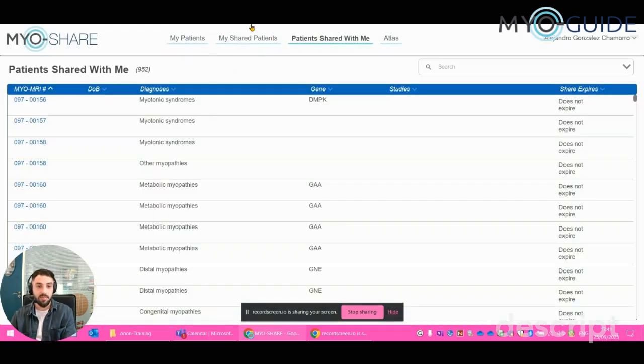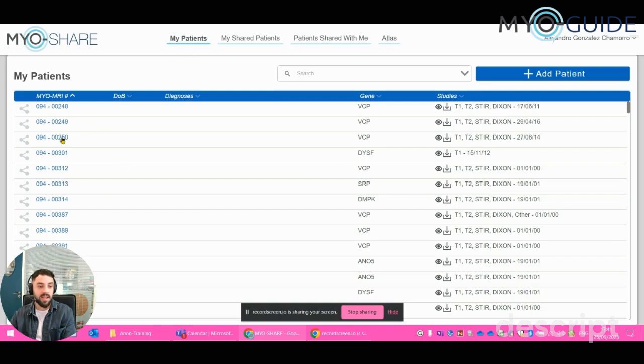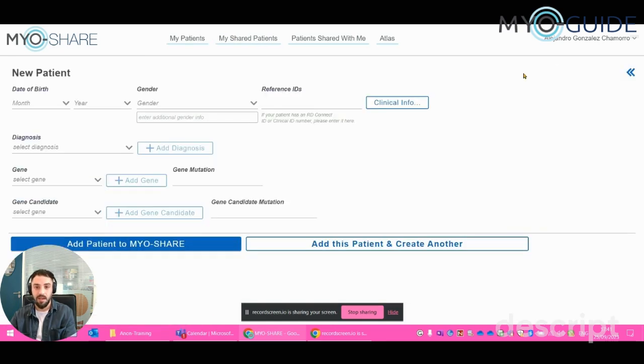And the difference between these two tabs is just that anything that I upload here won't have this icon. It will just get it once I share it. I can upload things, but until I share them with a specific person, they won't be shared with anyone. So they will appear here after I have shared them. It will make more sense after I create the first patient.